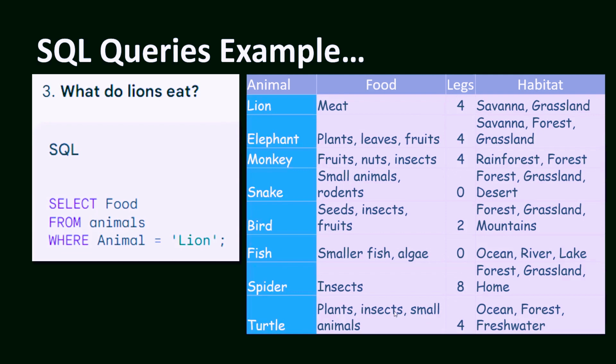Whosoever is having legs equal to 4, what all they eat. Just for some other analysis purpose. It all depends on the requirement. So whatever you want to select will come in the select clause. From where it is going to come is the table name. And what all conditions you have to put, like the tax person who wanted to know transaction amount greater than 10 lakhs, right? So the condition will come in the where clause. Now it can be one condition, it can be multiple conditions. Got it?